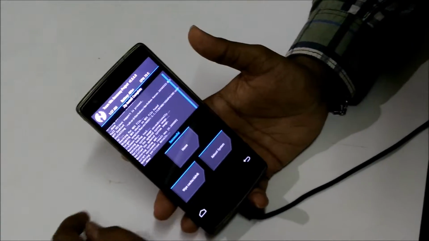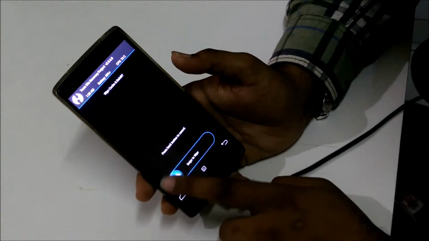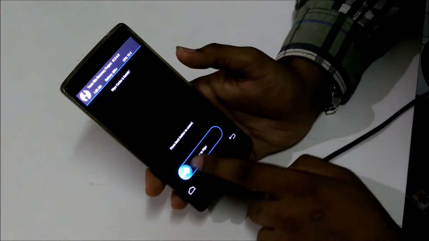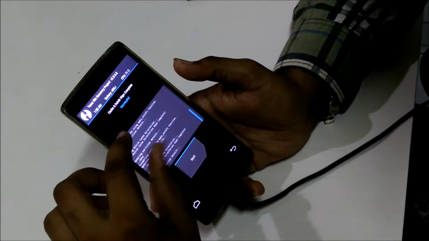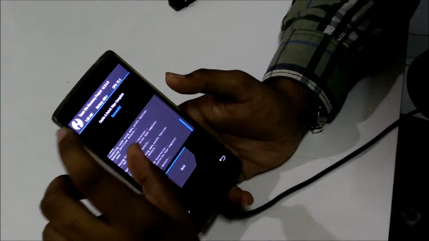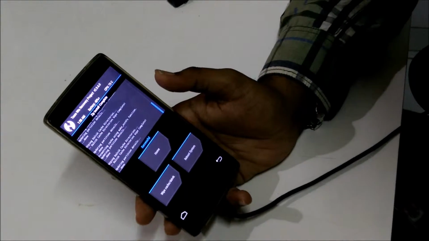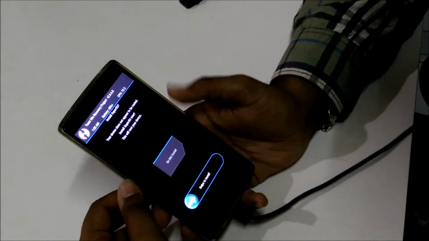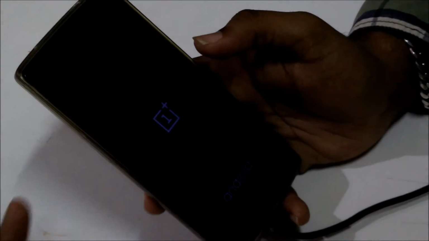And here you can see the flashing is done. After the flashing of the ROM is done, make sure that you wipe your Dalvik and cache, because sometimes you might end up again in boot loops, because some of the files from the earlier ROM remain, which later on disturbs your ROM while you're actually booting your phone. So this is it. Now all you need to do is reboot your phone. And now you'll find that you're out of your boot loops and your phone will boot soon.